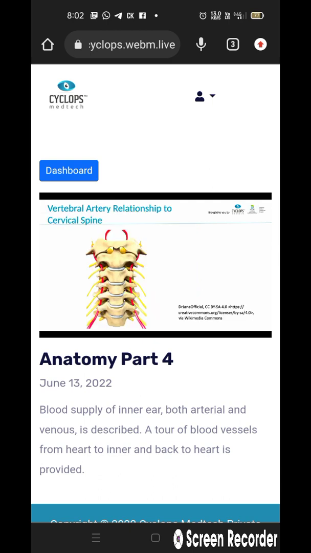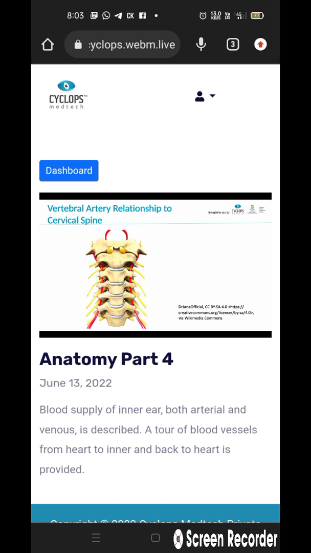There is another significant relationship that we need to know. The vertebral arteries, both on the right and on the left, pass through the transverse foramina of the cervical spine. So multiple transverse foramina. You can see there are holes here. It actually goes through those holes one above the other. So this is again a very important relationship in a condition called rotational vertebral artery syndrome, because at this location there is a possibility of kinking of these blood vessels when the person turns to the right or turns